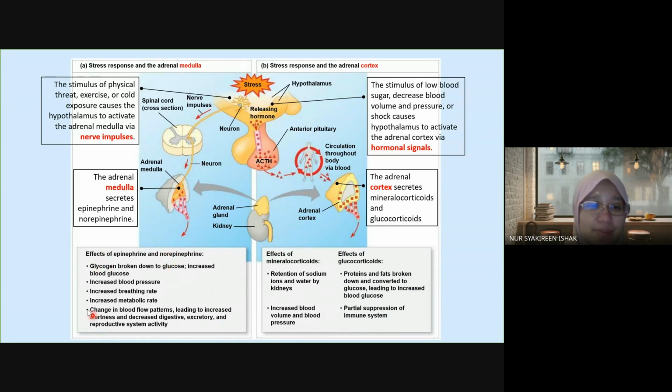these effects. Okay, so it causes the liver cell and also the muscle cell to break down glycogen into glucose, increase blood glucose level, increase also blood pressure, and then increase breathing rates, increase metabolic rates, change in blood flow patterns leading to increased alertness and decreased digestive, excretory, reproductive system activity. So that's why